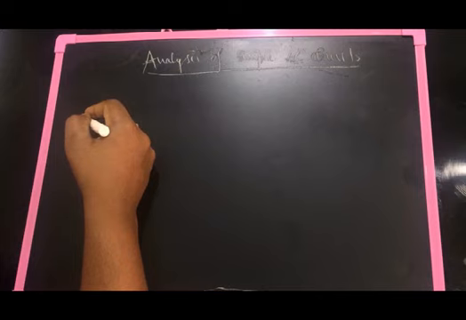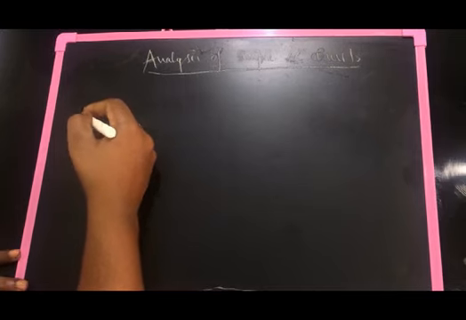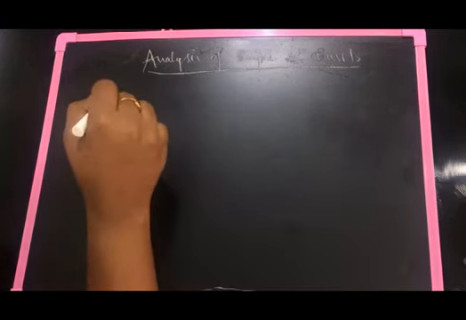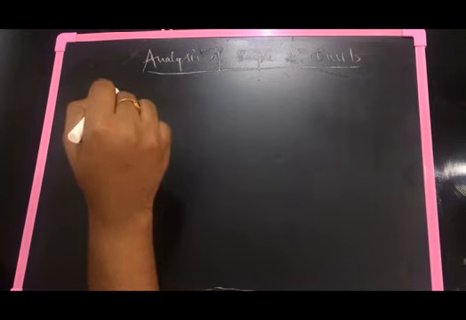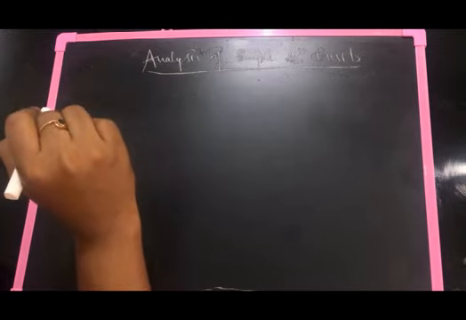So the topic for the day is analysis of simple AC circuits. Before that, let's revise what we have done in the classrooms. In the classroom, we have already covered the generation of AC voltage, and I had also given an assignment on generation of three-phase voltage and also star delta. I hope everyone has read that and understood it very neatly.